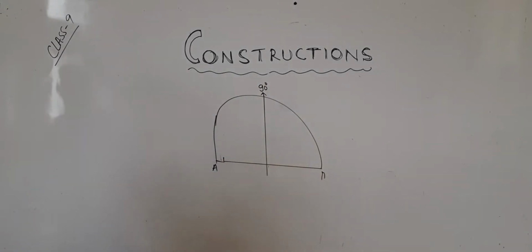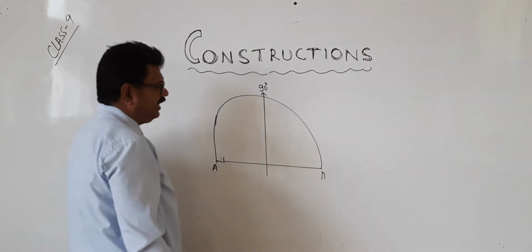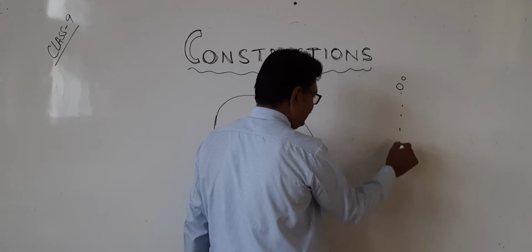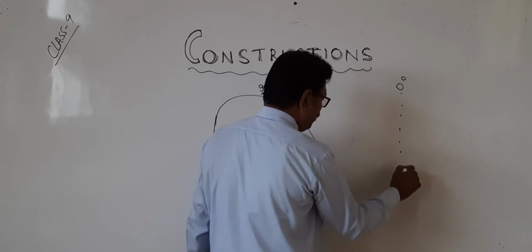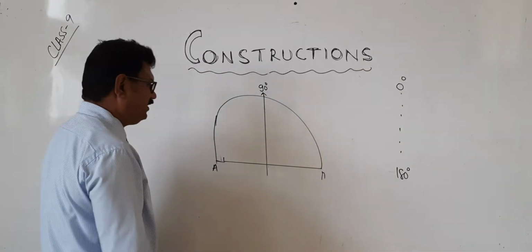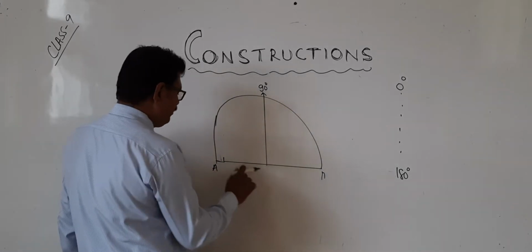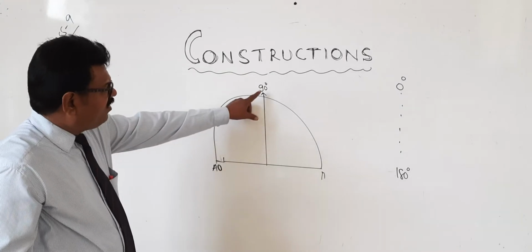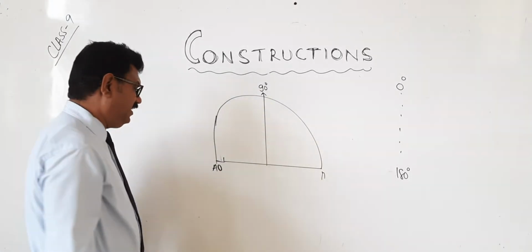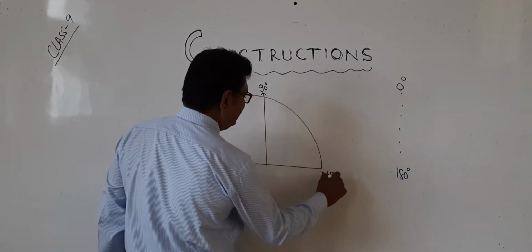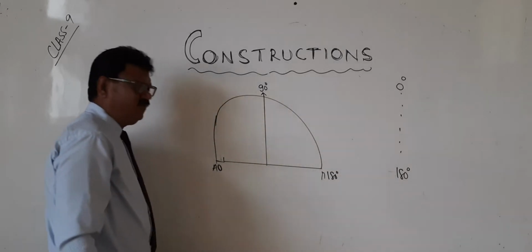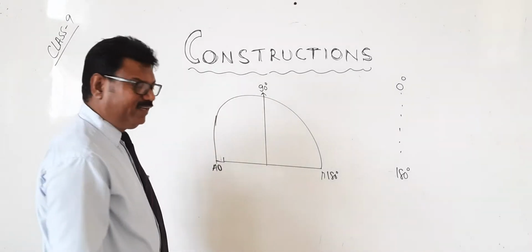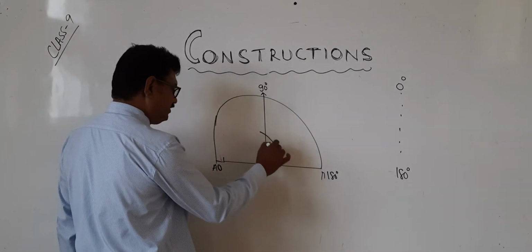Now, we know that when we start from 0 degrees, like this, the last one is nothing but how many degrees? 180 degrees. For example, we start from here, 0 degrees. Now, what is the middle one? It is 90. And what is the last one? It is 180 degrees. Very, very simple. First, you bisect this. When you bisect, what did I tell? Yes, like this.